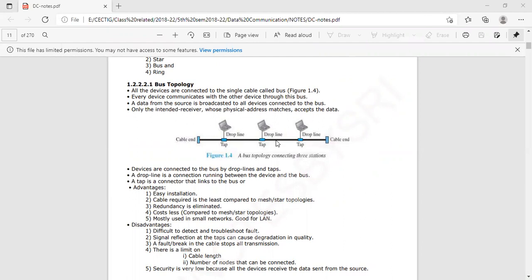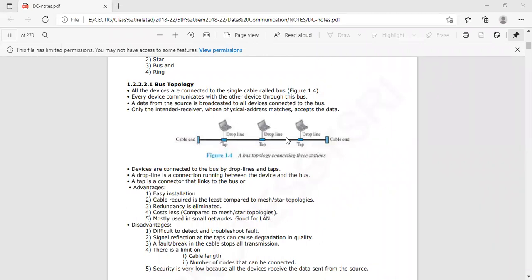Costless, via one bus we can connect it with many devices. It is also very good. But it is very useful only in a small network, because when the area is very large, we need to place many cables there. So the cost of the cable will be much higher. This is the scenario, so it works very well in small places.